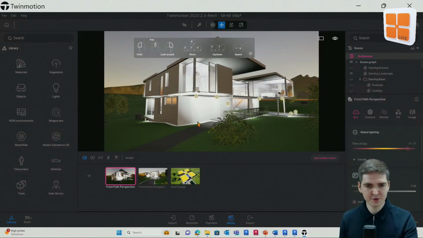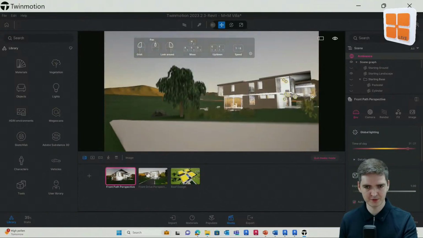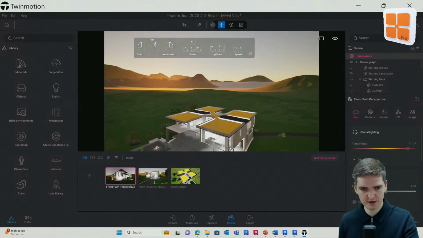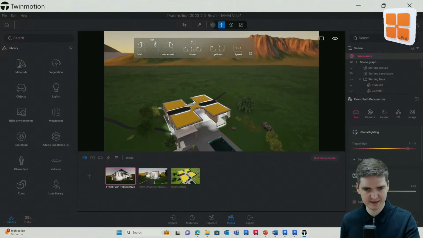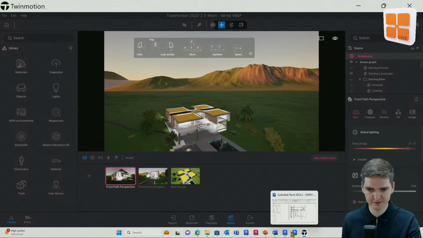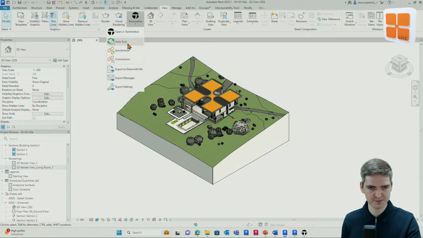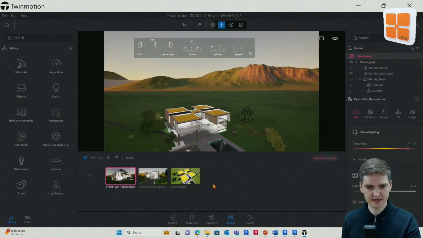The benefit of using Twinmotion over the other two options that I've just explained is that it provides you with real-time rendering of the current model. You just need to ensure that when you're rendering, you have the auto sync option selected in your Revit browser. So under Twinmotion, just making sure you've got auto sync selected, and then whenever you make a change in the Revit model,